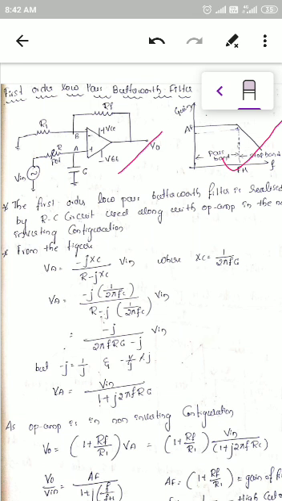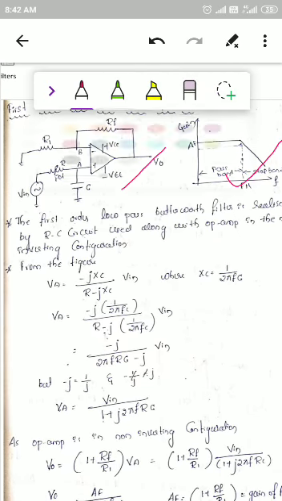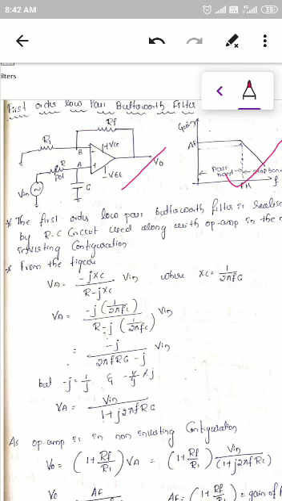Before that, we will calculate the potential at the point VA. What is the potential at this particular point? According to the voltage divider network, which I explained in the previous class,